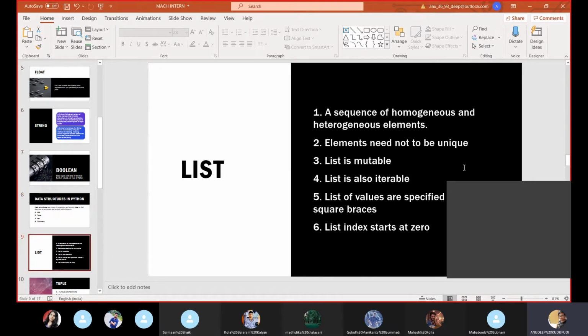a list is a sequence of homogeneous and heterogeneous elements where elements need not be unique. A list is also mutable and iterable, list values are specified in square brackets, and the list index starts at 0. Here homogeneous means similar data type with order. In a list you can have repeated elements, and since a list is mutable, we can add or delete elements. Here iterable means doing the same operations on a set of given elements,